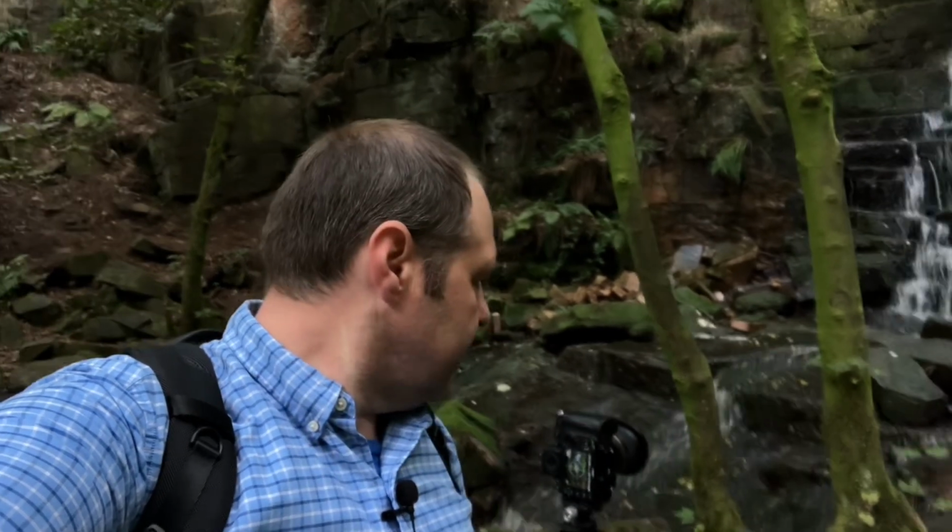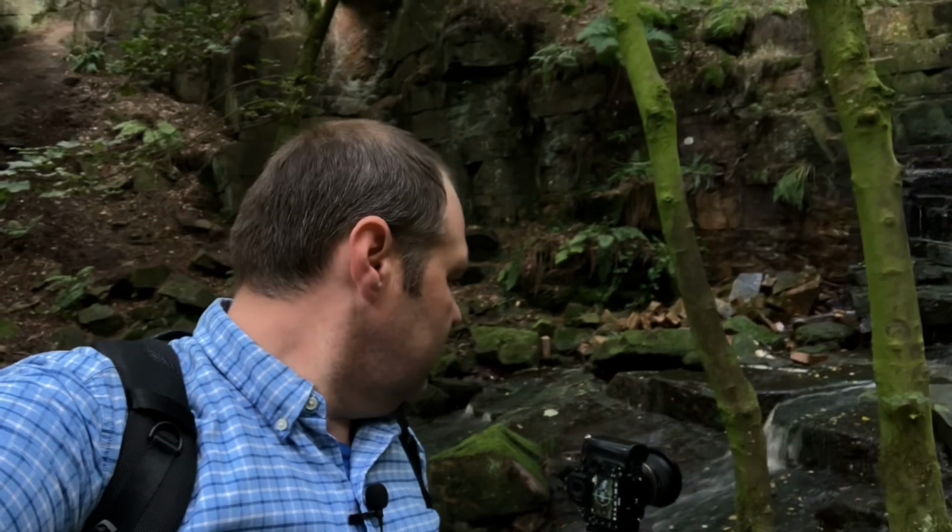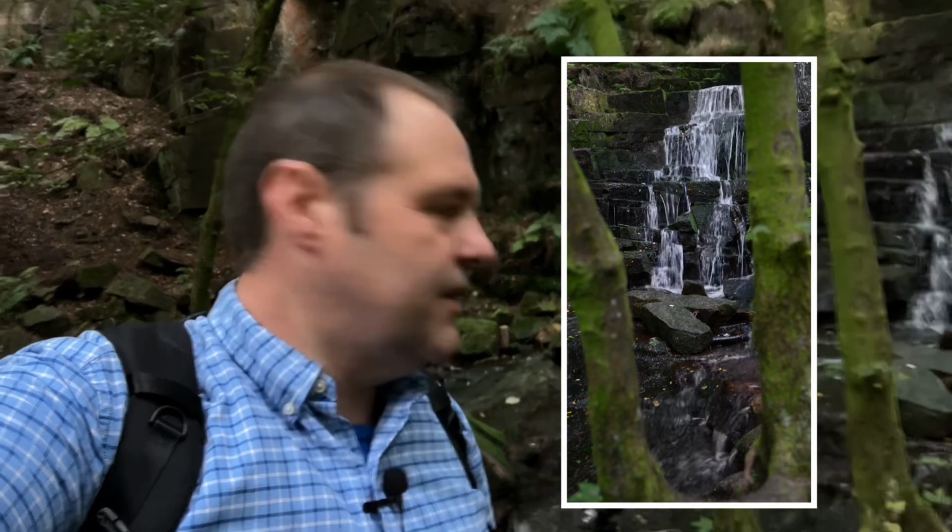Okay, so for this next composition, as you can see, I've got these 2 trees here beside me. It's actually one tree, but it's growing up in 2 different branches. Now, I've set my composition looking through those trees. I kind of like how the trees are framing the waterfall,